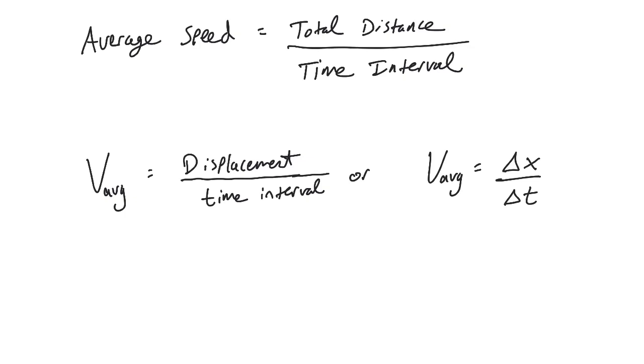Average velocity, a little bit more subtle. What you do is you take the displacement of the object. That's different than distance traveled, remember, and you divide the displacement by the time interval. So I've shown that here with the symbol delta x, or the change in the one-dimensional position x, and we'd have a final position minus an initial position, and then just divide by the time interval during that change in position. And that would give you the average velocity. Now there's a couple things to watch out for. Let's see it with an example.